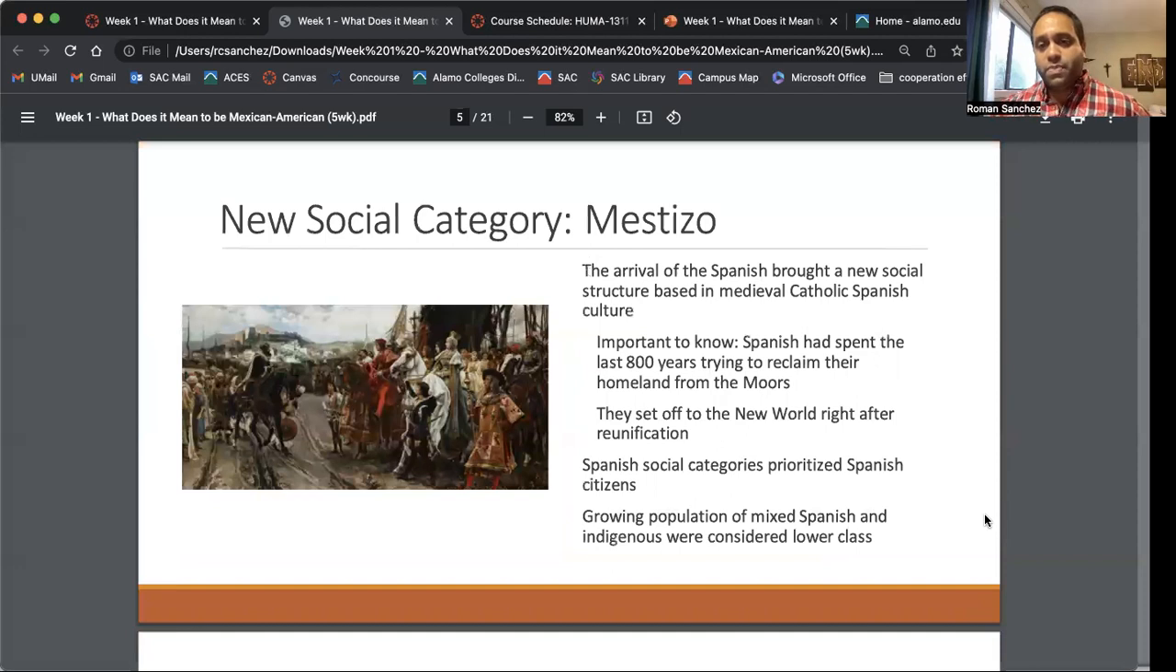So the Spanish brought their own cultural structures to this land. They're culturally still relatively medieval European, and very much Catholic. Politically and culturally Catholic in how they structured their lives and their societies. It's important to know as well that the Spanish, what we think of as Spain, had for the last 800 years before they arrived to the New World, been in this kind of war